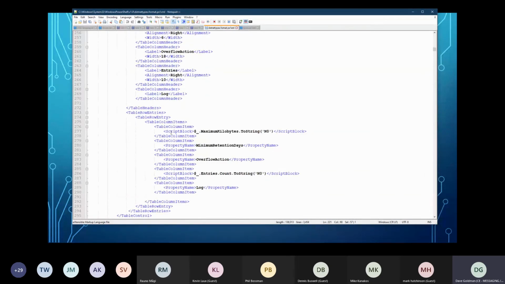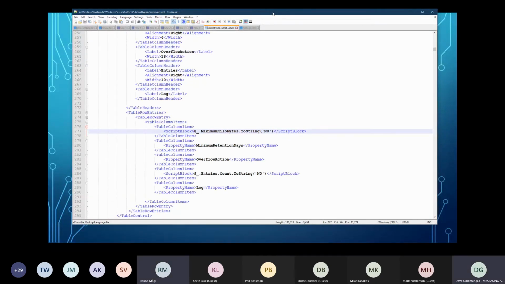So like here, you can achieve that with a script block. When you construct your view, you can put in a script block, any code you want, and what it will do is take the information that was passed down and format that for you. Does that answer your question? Yes, thank you. Yep.